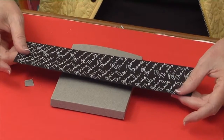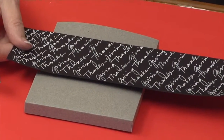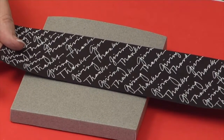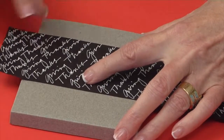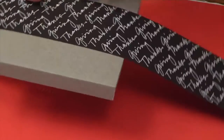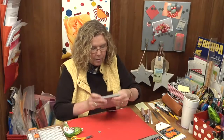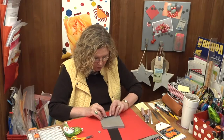So I'm going to place it so that, I'm going to try to make it so that I can finish and go overlap off of an edge. So if you want to, you can use paper as a little guide to lay down either here or here to get it nice and straight. But I am going to hope that this comes pretty close to what I want. I'm going to wrap one edge and go